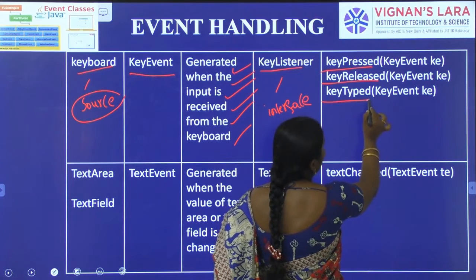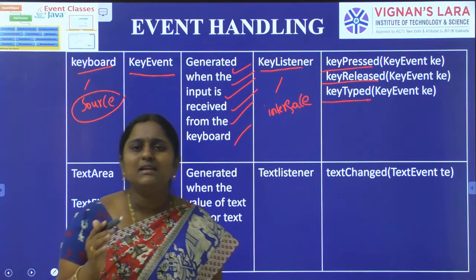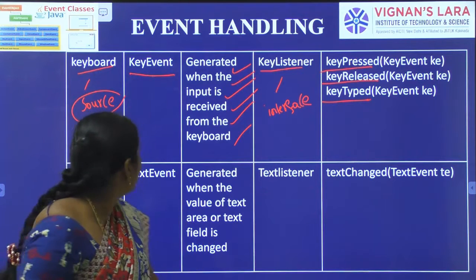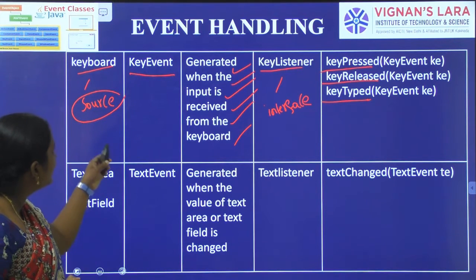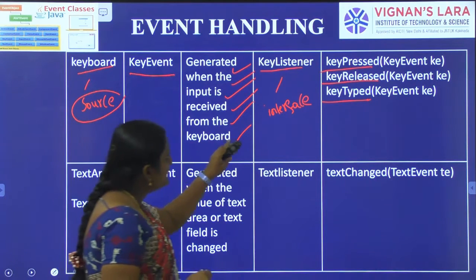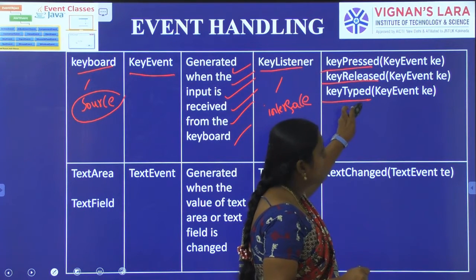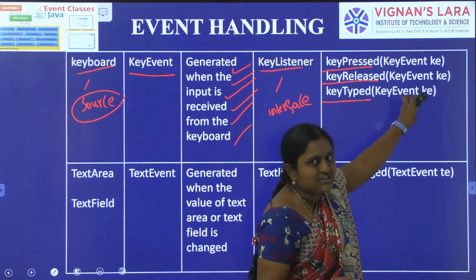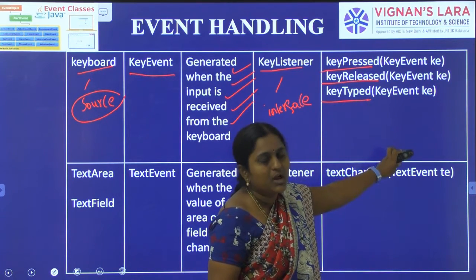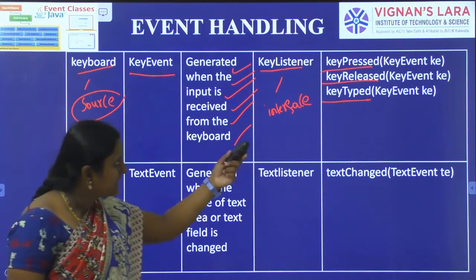For handling these events, first of all every listener should register with one or more sources. Whenever the keyboard source is used, a KeyEvent is generated. The KeyListener interface defines three methods: keyPressed, keyReleased, keyTyped. Here KeyEvent is the object supplied as the argument to these three methods, and K is the reference variable, the object name.